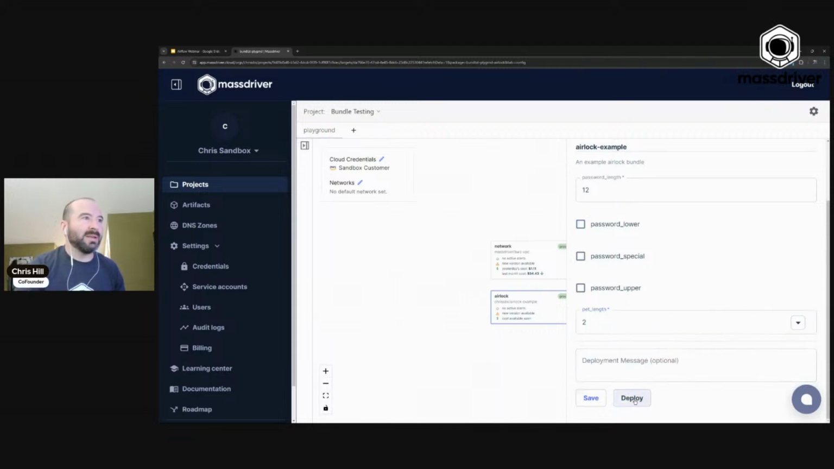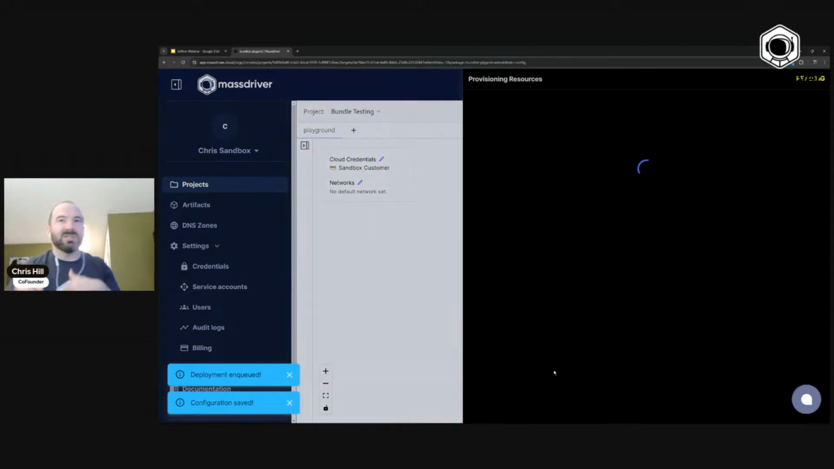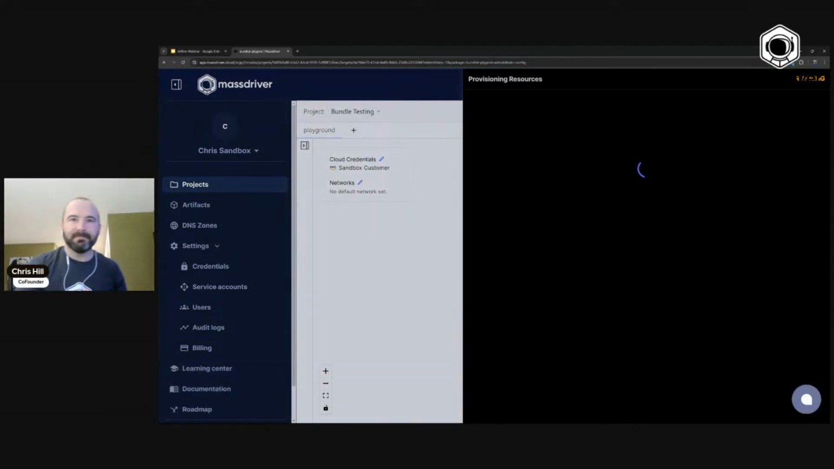So let's go ahead and deploy that again. It's going to send it off to our provisioning engine. So the last thing that I'd like to mention here before we wrap up is that hopefully you see the value of JSON schema in the inputs,